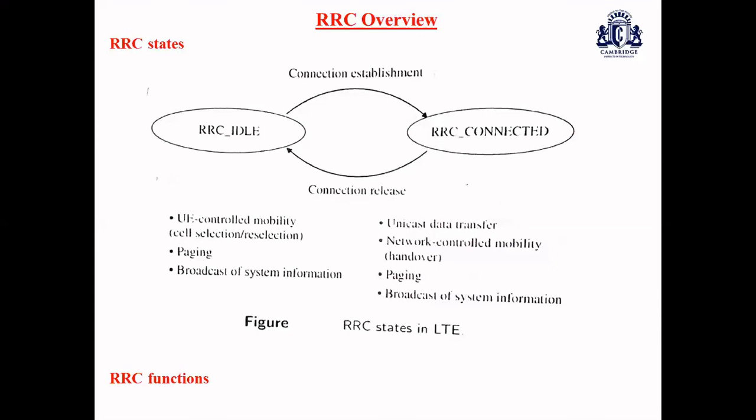When we talk about RRC connected state, yes, this user entity has an E-UTRAN, enhanced universal terrestrial radio access network, RRC connection. And UE monitors the control channels such as your PDCCH, physical downlink control channel, which is associated with the shared channel. And UE also reports channel quality information as well as the feedback information to your base station, nothing but your eNodeB. Here, network control mobility as well as handover of your UE, and UE provides neighboring cell information, are also obtained by your RRC connected state.